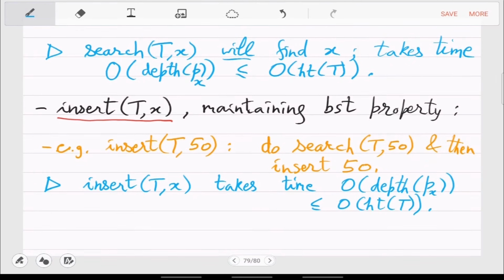Okay, so height is very important. This is why we very early on talked about balancing and making the height log, because all these operations now, you see, are coming as a function of height. So you can search and you can insert. So the next question is, what can height be, and when it is very bad, how do you reduce it? How do you keep it balanced, right? So this we'll discuss a bit next time, but we'll finish the pseudocode only after a few weeks.